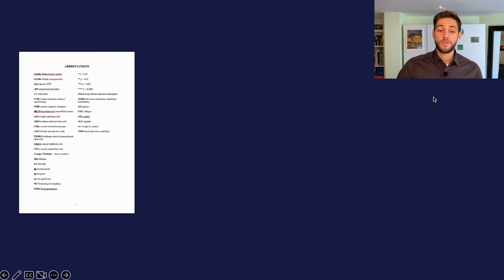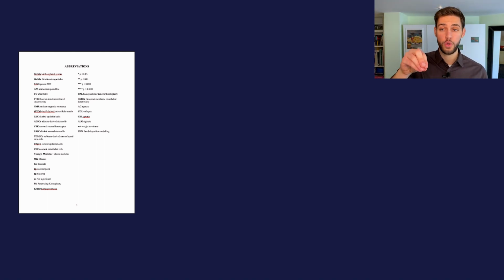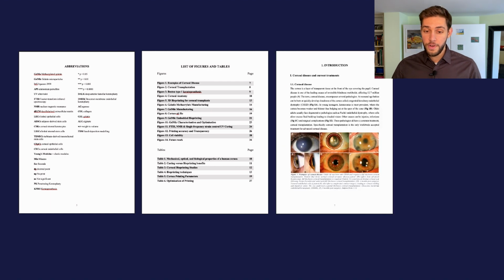Moving on, abbreviations, a few points here. One point is any abbreviations that you're using in the text go here, but also whenever you mention them for the first time in the text, you don't abbreviate, you write them in full text. So whenever I want to write an abbreviation, I write it in full text, abbreviation, and then I use the abbreviation, even though I have this sheet. Hopefully that makes sense. List of figures and tables, and then we start with our introduction, lovely figure there at